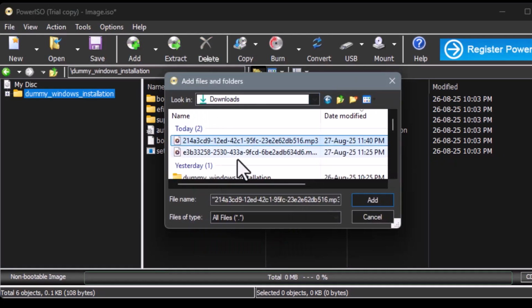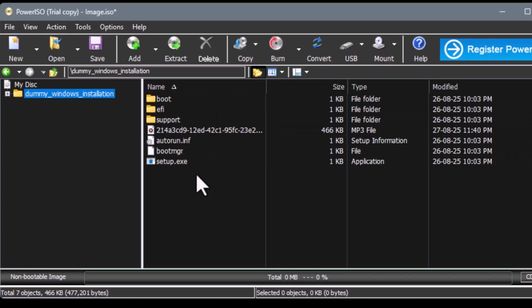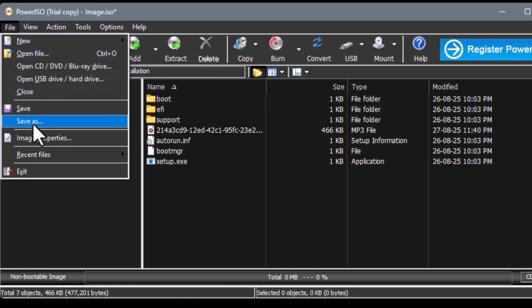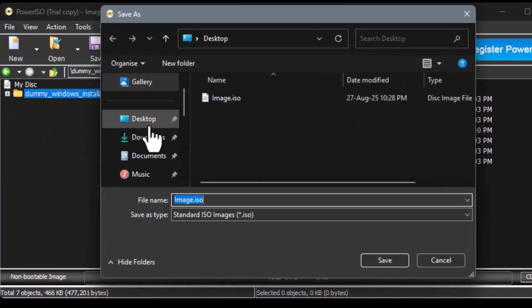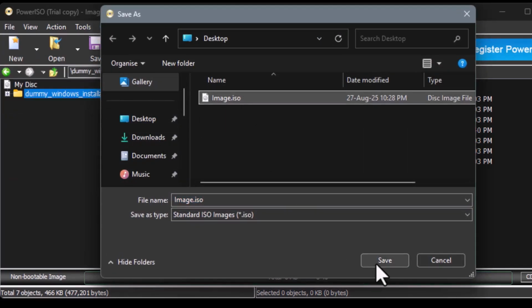Step 3. After making all your changes, save the ISO file by choosing Save or Save As in the program. This step ensures that all your edits are applied correctly and your ISO file is ready to use